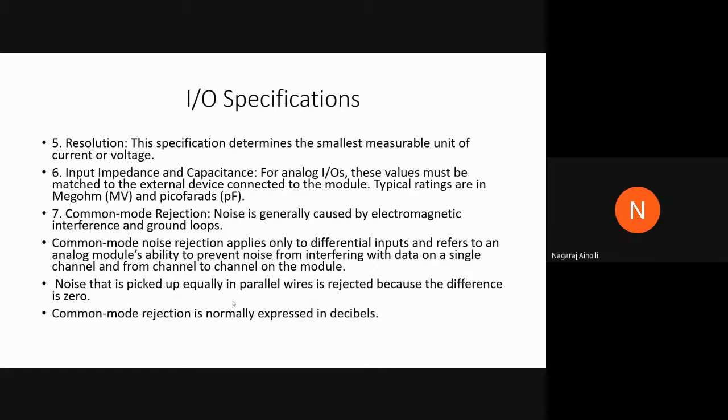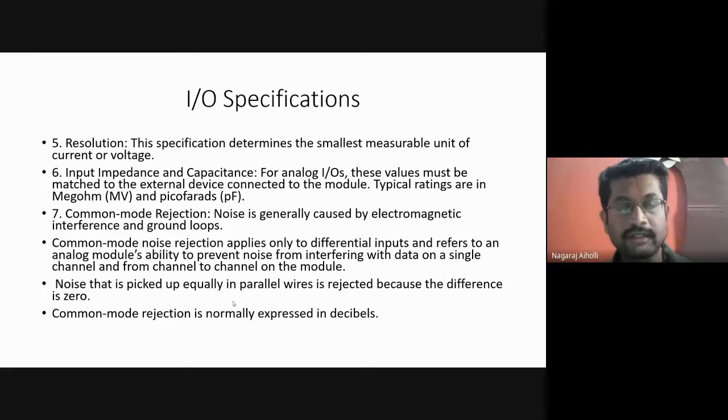Common mode rejection is the elimination of the noise signal when we connect a differential input signal. If we connect both positive and negative input channels, then the noise present in both will cancel out. Suppose the noise is plus 5 millivolts in the positive, and minus 5 millivolts in the negative channel of the input, then both will get cancelled out. Plus 5 millivolts and minus 5 millivolts cancel out. That is what we call differential signaling. This noise will be eliminated. That is called common mode rejection.